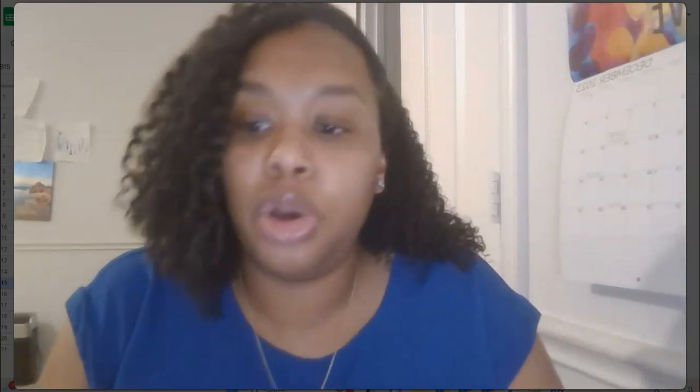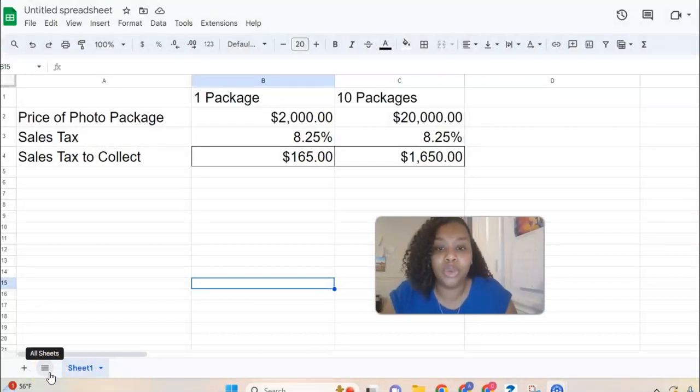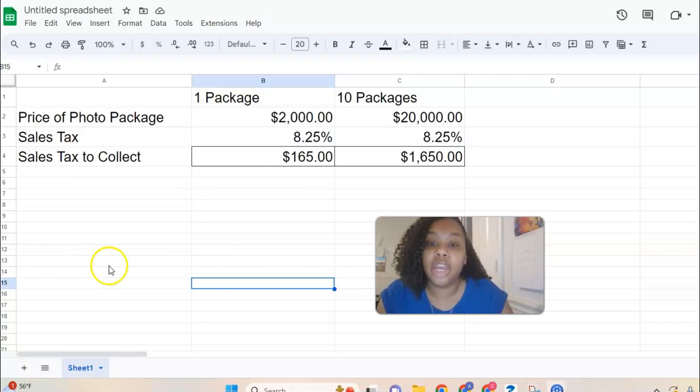Okay, so let's go on over to our spreadsheet here. In our spreadsheet, I use a wedding package, for example. A wedding package can easily run a customer, or client, $2,000. And so if you have 10 weddings, that's 20 grand, and the sales tax for, and this is not across the board, okay? And I'm going to go into that a little bit more. But for a lot of the different cities and locations in the state of Texas it is 8.25, okay? So if your wedding package is $2,000, let's say one wedding package, you need to be collecting $165 for each